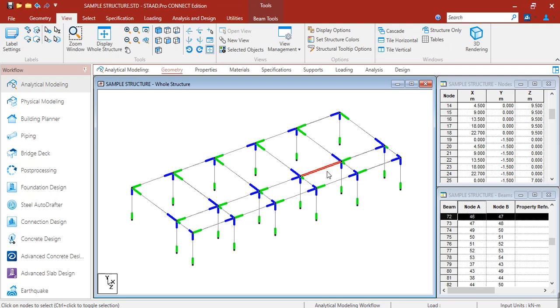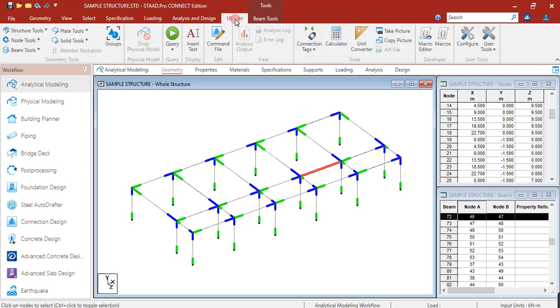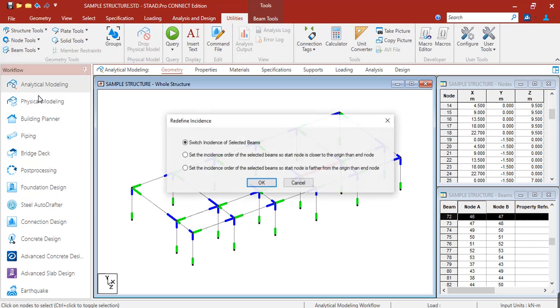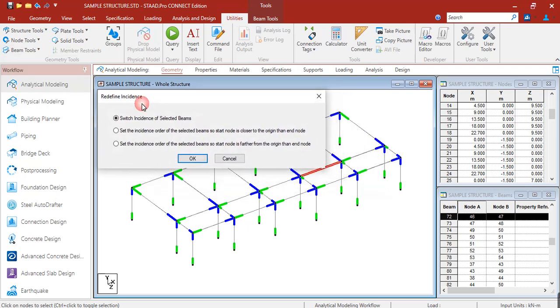To switch beam incidences, just click at the utilities, beam tools, and beam incidence. Here we have three options. We can switch the incidence of selected beam. We can set the incidence order of the selected beam so start node is closer to the origin than end node. Or set the incidence order of the selected beam so start node is farther from the origin than end node. So let's use the first option, switch incidence of selected beam.